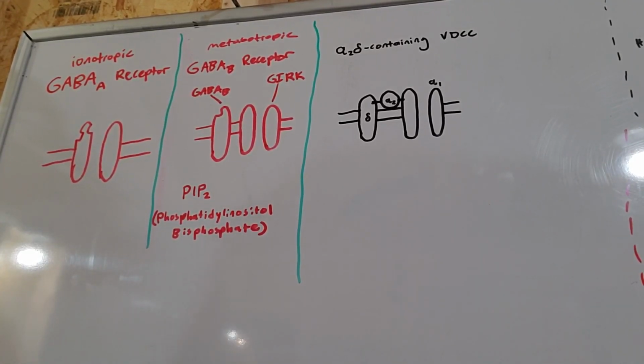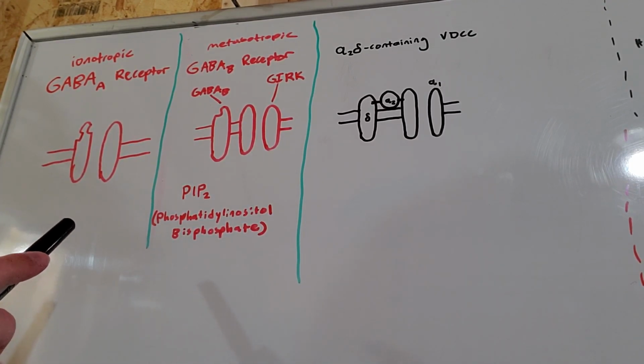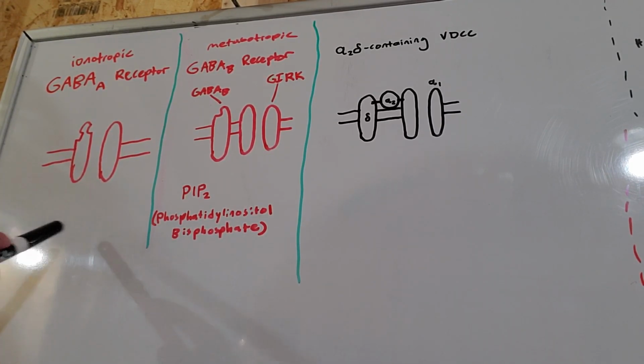Starting on the left here is the GABA A receptor. Now, this is an ionotropic receptor. If you watch my video on NMDA receptors, it's a similar mechanism to the NMDA receptors. But while NMDA receptors are excitatory in nature, as in they increase the probability of the propagation of an action potential in a neuron firing, the GABA receptors, on the other hand, are inhibitory receptors, meaning that agonism at their orthosteric site will elicit an inhibitory response within the neuron. In the case of GABA A,